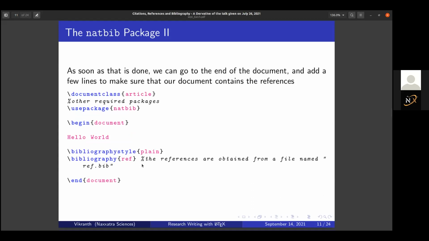As soon as you're done with that, you need to tell it what references you are using. I mean, where are your references stored? Like if I want to cite an article, where is it stored? So for that, I prefer doing it at the end of the document. I say backslash bibliography ref, this particular line here. I hope you see the highlight as well. This ref is the name of the file where the articles, the books, the information about the books and all is stored. And we'll get to that soon, like how do you prepare, how do you build up, or how do you create your ref